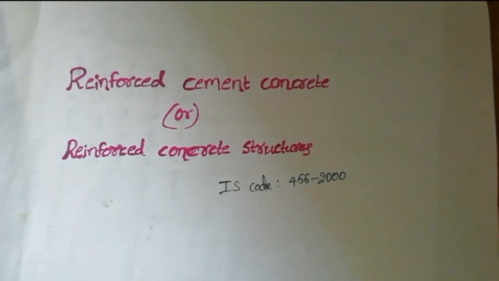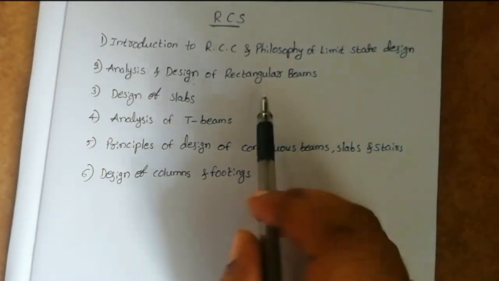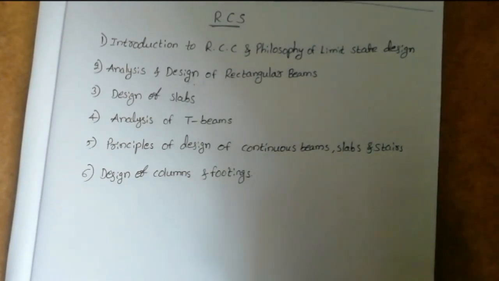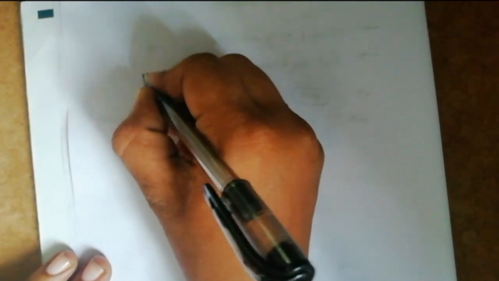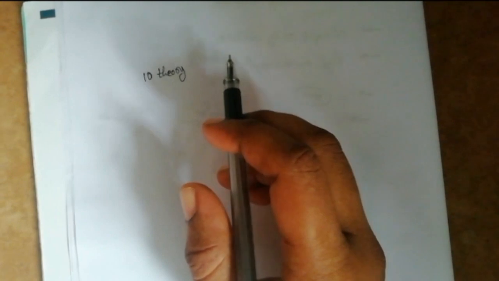The reinforced concrete syllabus has 6 units for diploma students. This syllabus is similar for BTech students also. Now we go to the first unit. In this first unit we have 10 theory topics. Don't feel bored learning these theory topics because the basic topics are very important to understand what the RCC subject is, and interviews and competitive and entrance exams ask a few questions from these basic topics. So we should learn these basic topics necessarily.